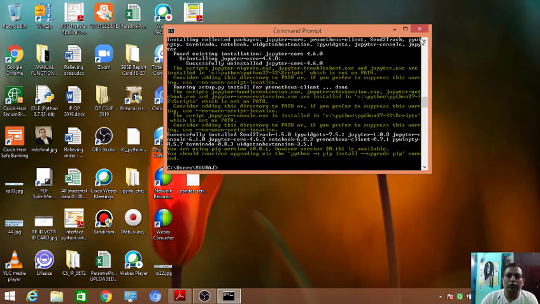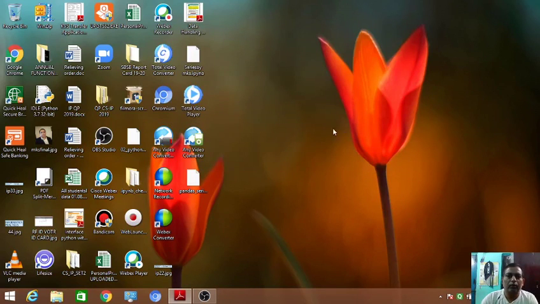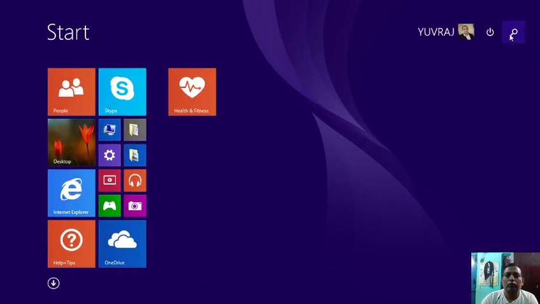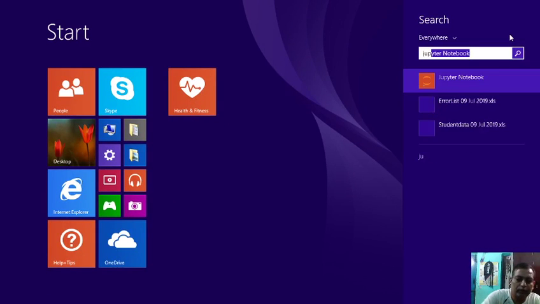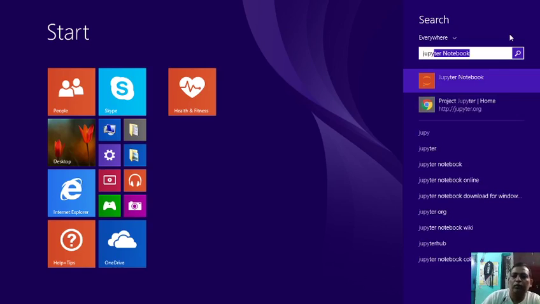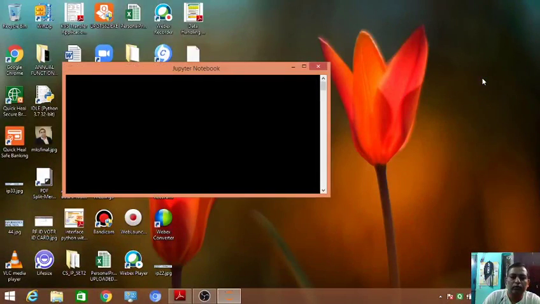Now just close this command prompt and again go to the run window and write Jupyter Notebook. It has come. You can just click on this and it will run now.